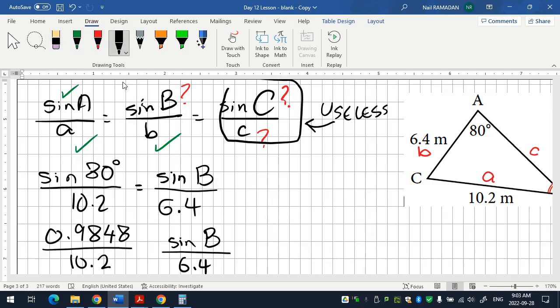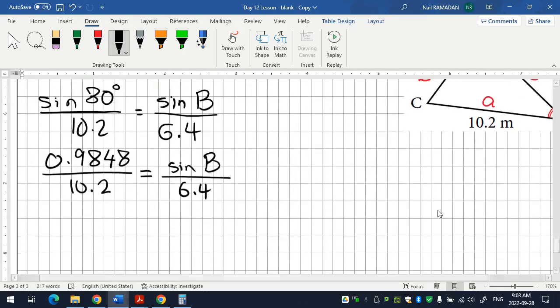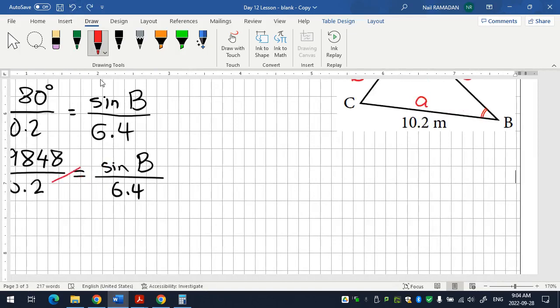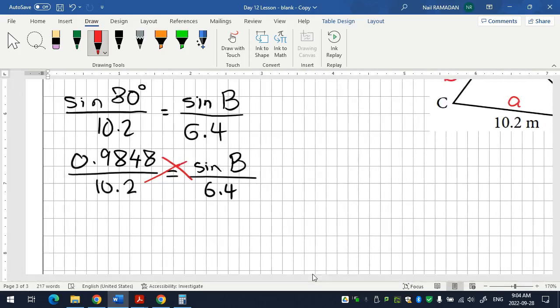What do I do now? There's nothing else to do. I have something, something, something. I'm trying to find the fourth thing. So, okay. What's 10.2 times sine B? Yeah, it's exactly as you said. 10.2 sine B. 10.2 sine B equals, all right, let's see,